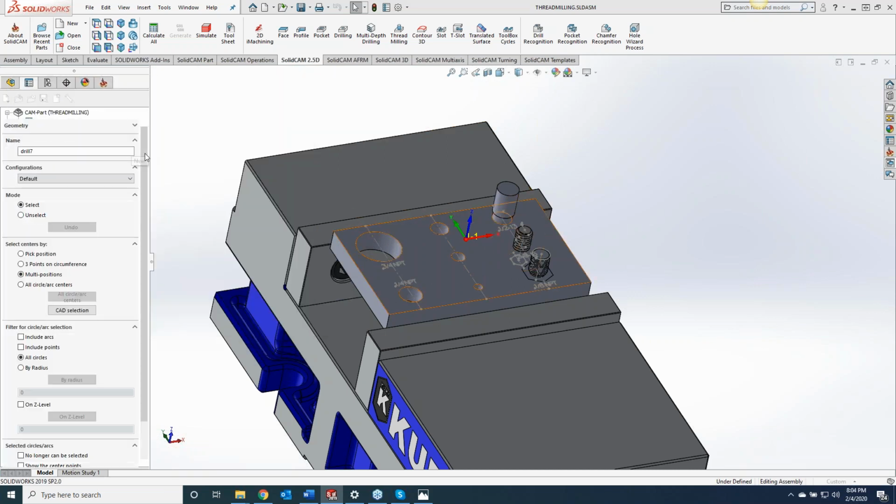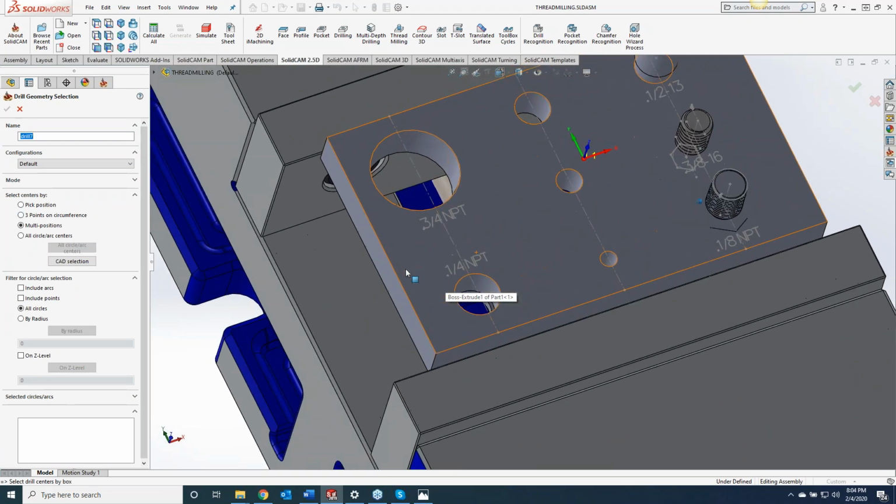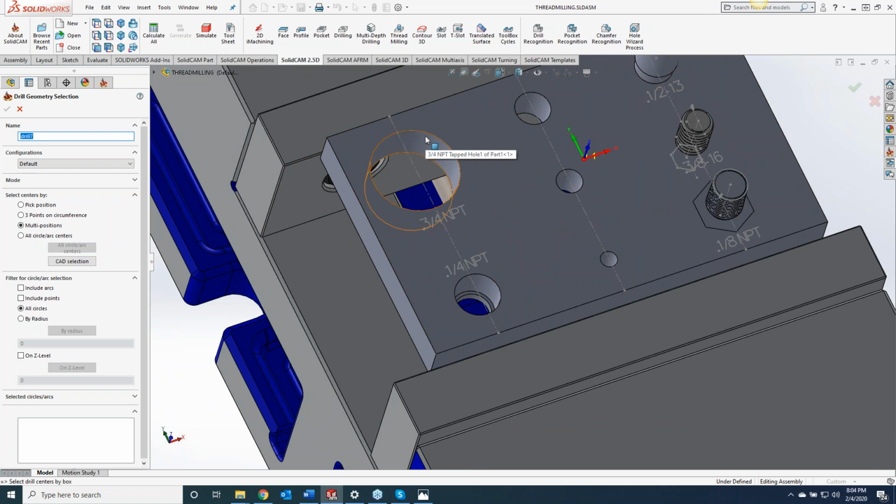So let's go ahead and grab some geometry here, and we'll start off with a 3/4 NPT. For that one, all I have to do is click anywhere on the diameter of it, or like I said, we can click on the center point and it's going to automatically grab it. This is using the same geometry selection as drilling does. Like we talked about, we can do pick position, 3 points on the circumference, multi-position, or all arcs and centers there. So we have our 3/4 NPT,